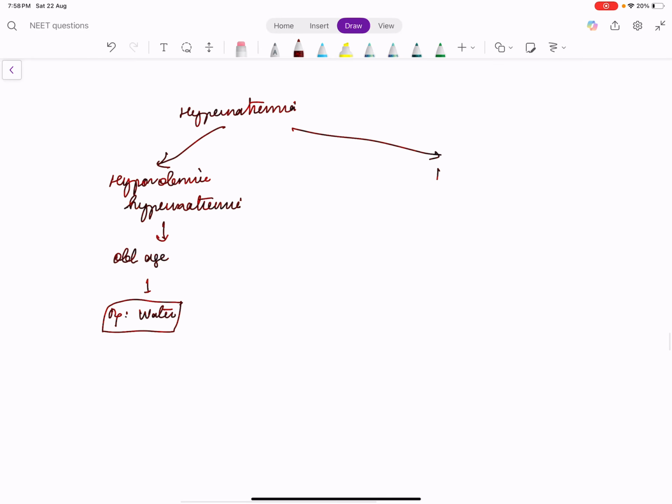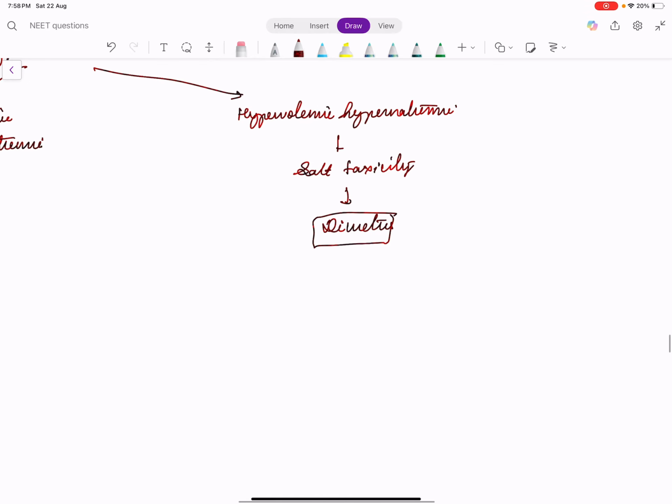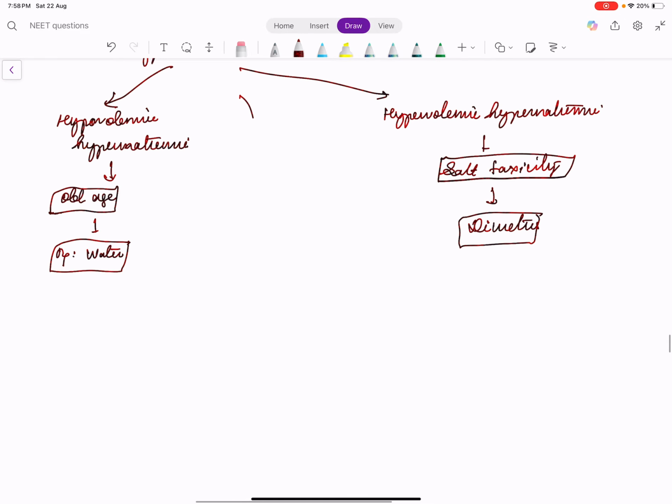Then we have hypervolemic hypernatremia. How come hypernatremia and hypervolemia occurs in salt toxicity? Patients take more of salt, or we give more of normal saline. So this is treated with diuretics. Right? So hypovolemic hypernatremia occurs in old age because of reduced water intake. Hypervolemic hypernatremia occurs because of salt toxicity. Now what about euvolemic